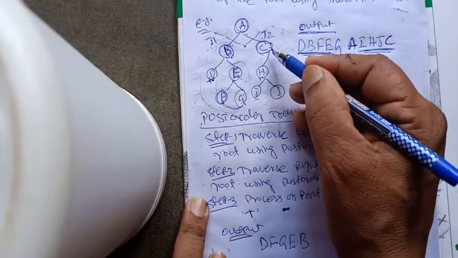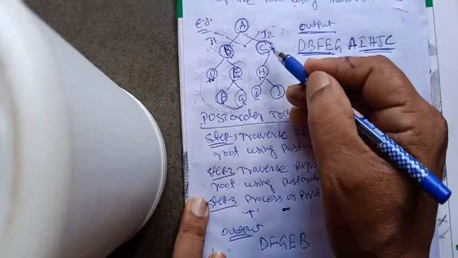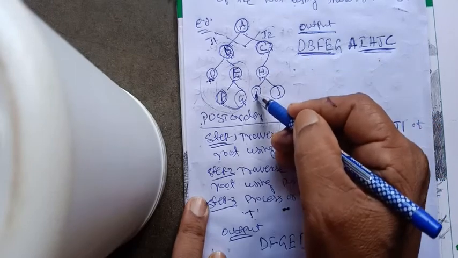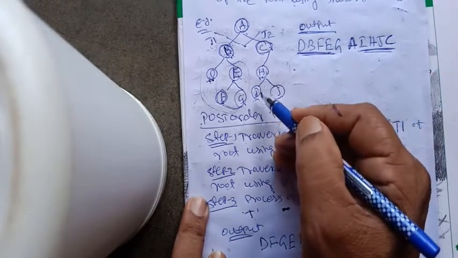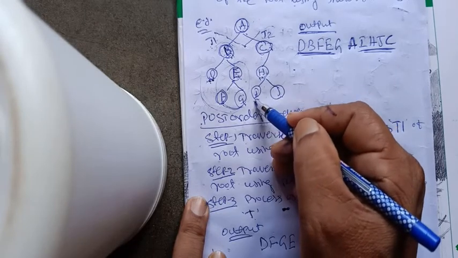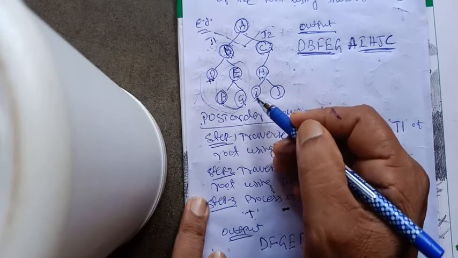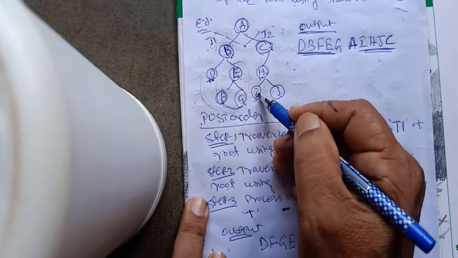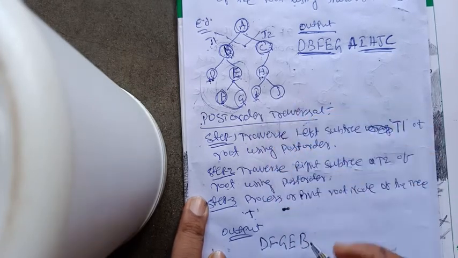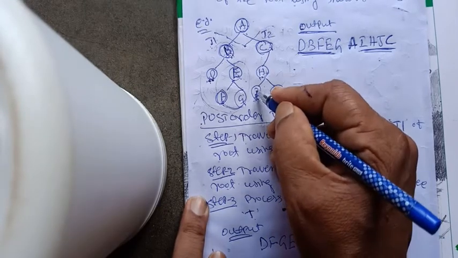C is the root. Ignore it. Then move to our left. In the left, there is another tree whose root is H. So ignore H. Move to the left. In the left, we have I, which is another tree. Okay, but this tree has only one node, which is I. So there is no left, no right. So we will process I. So once I is processed,